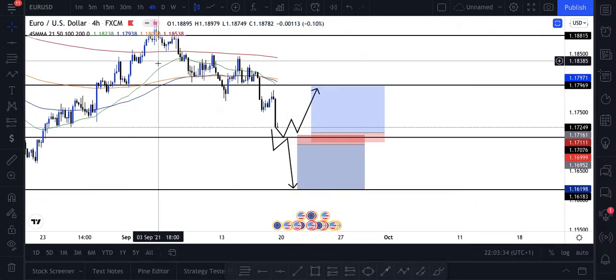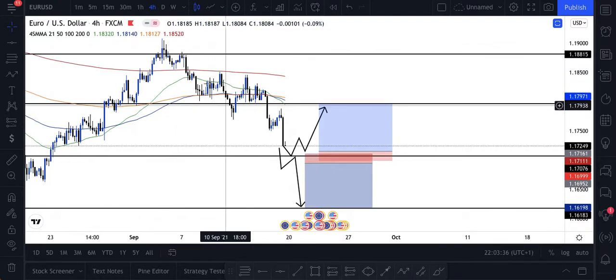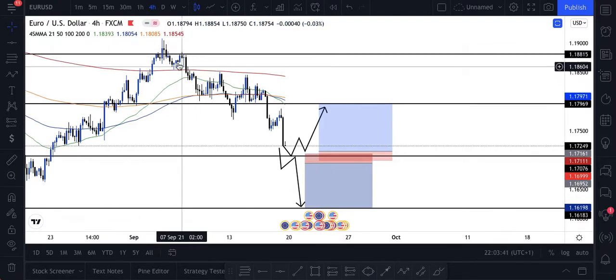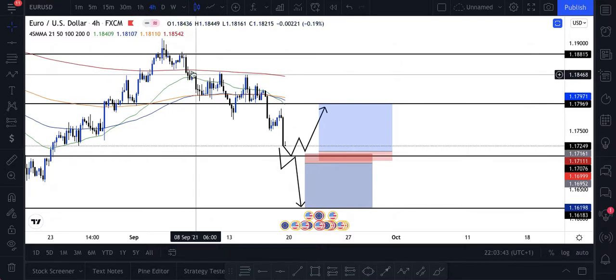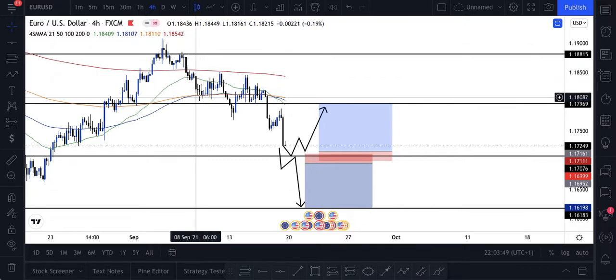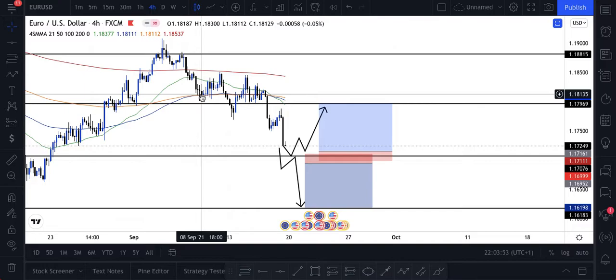So whenever I see something like this, look at this, for example, it broke through the 200 smooth moving average, and it gave us a bit of a retest. That could have been a sell, a perfect scalping sell between the smooth moving averages, taking it all the way there. Now, if you haven't seen my video about scalping and about my moving averages strategy,